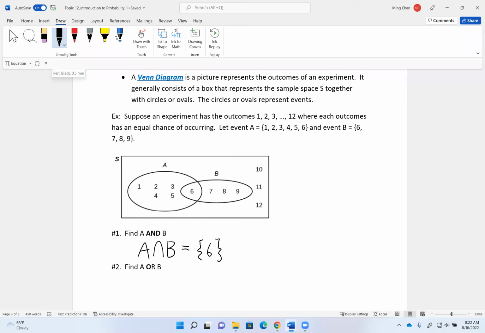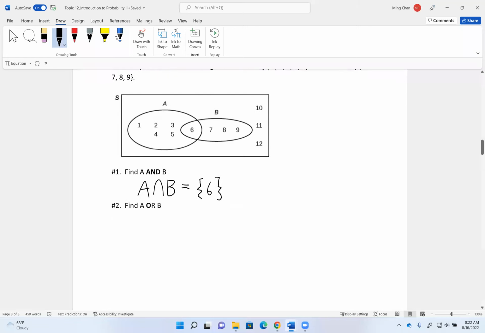Find events that are in A or in B. So the word or in probability and statistics means the event is in A, or it's going to be in B. So the union here is the word or. The union sign is or, the upside down one is and. So A or B means it can be in A or it can be in B. So what's in A? 1, 2, 3, 4, 5, 6, right? What's in B? Well, I'm not gonna write 6 again because I can pick something from A or